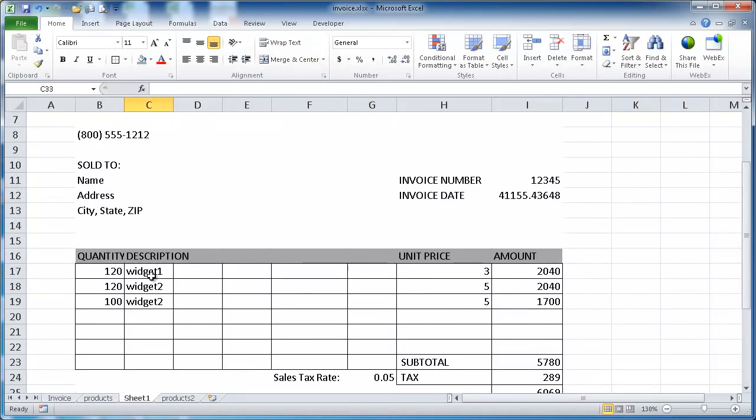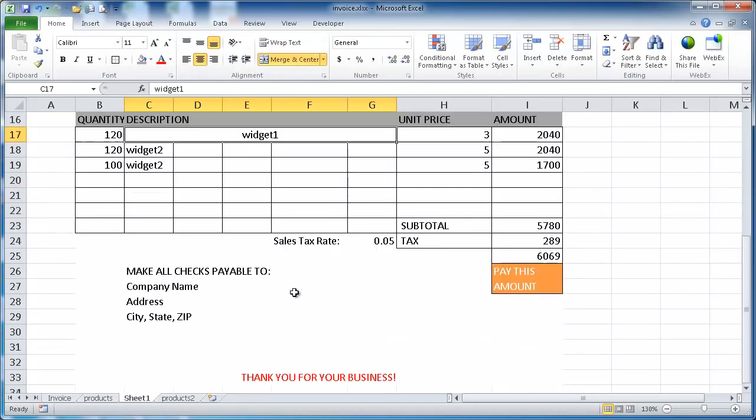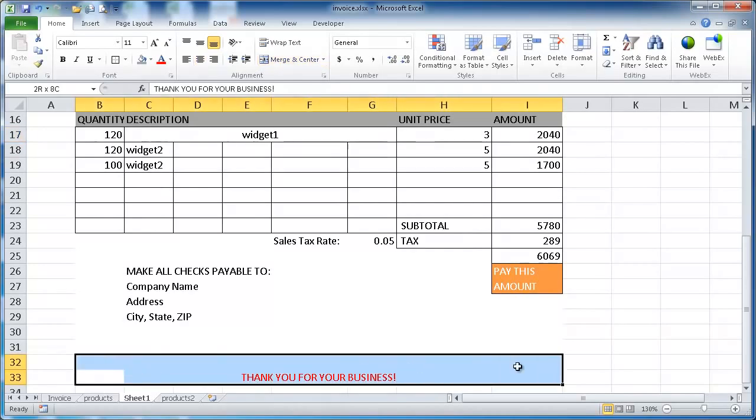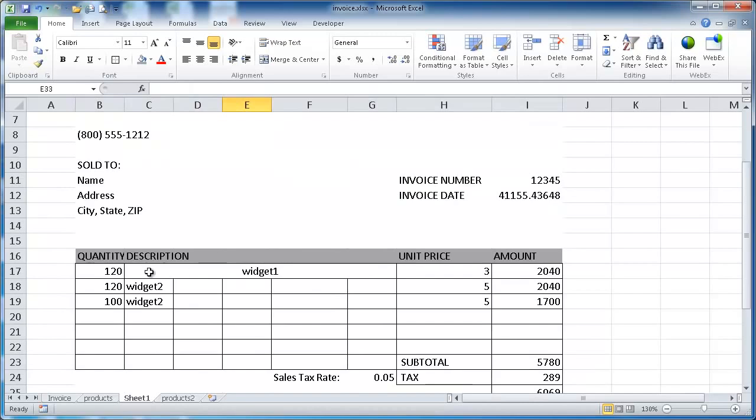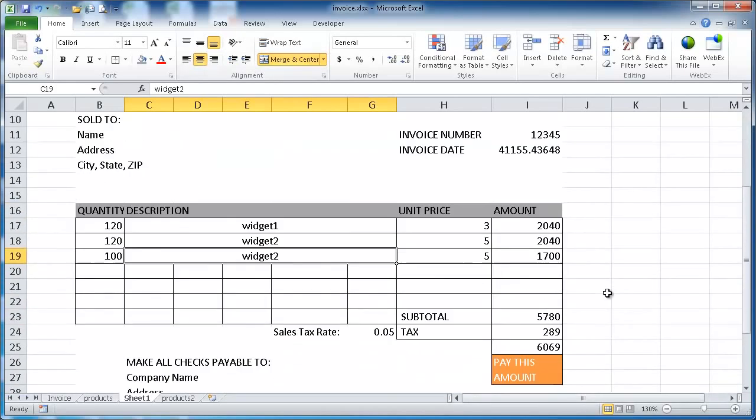Now if I do a merge and center, if I select this and I do a merge and center, you can see it's all in one cell now, in a way. So that's what merge and center does, and that's the difference between centering across the selection. It just centers it across it, but keeps the cells intact, whereas merge and center merges all the cells together into one. So I'm going to go ahead and do the same here. Merge and center, merge and center. And now I have pretty much my